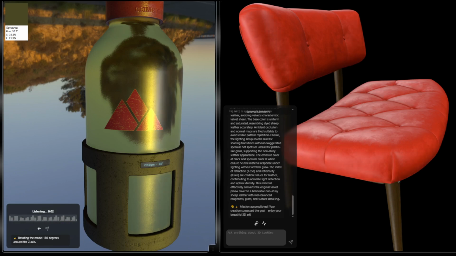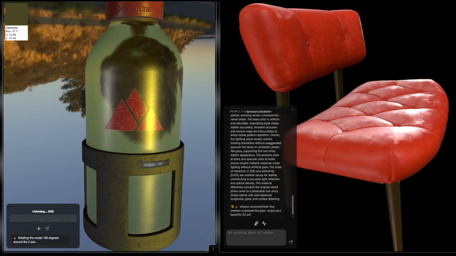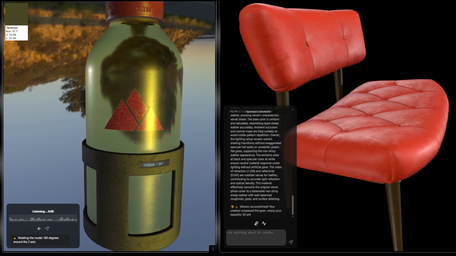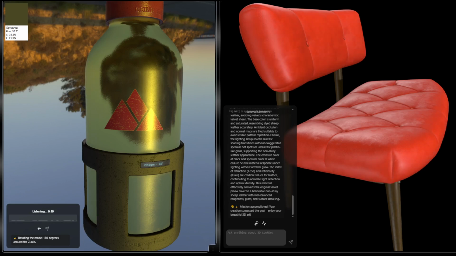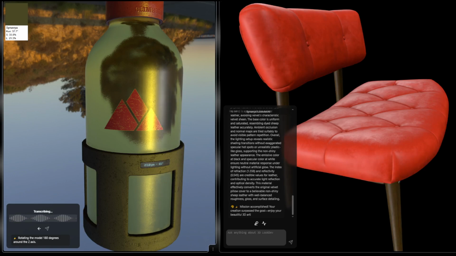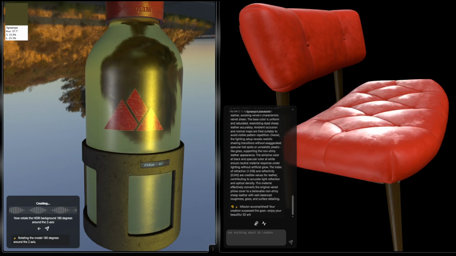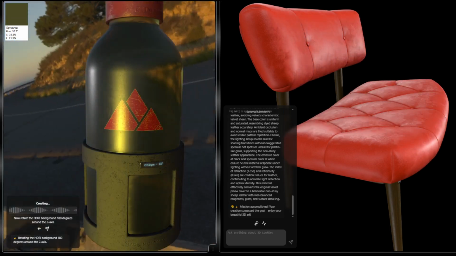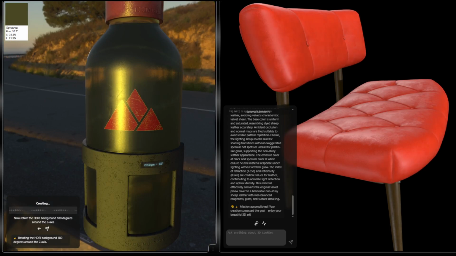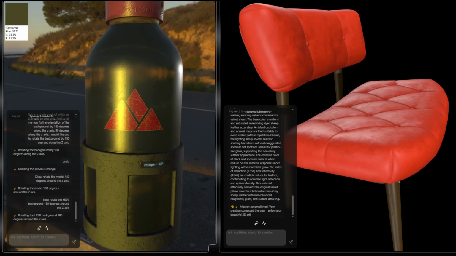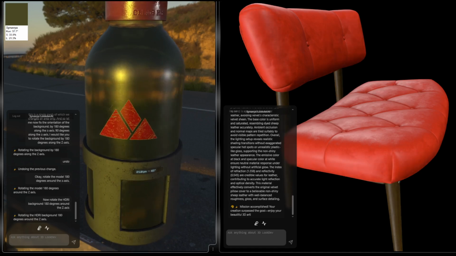Now rotate the HDRI background 180 degrees around the z-axis. Rotating the HDRI background. Okay, as you can see, we're back to order here,